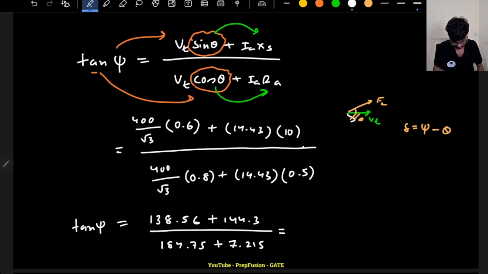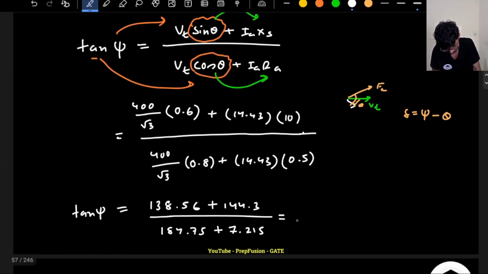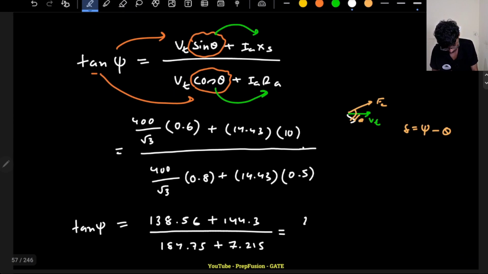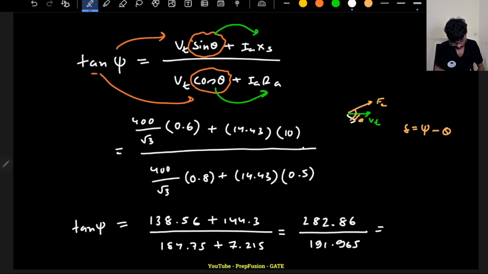So this value comes out to be 282.86 divided by 191.965. Now if I take the ratio of these two and take the tan inverse, it will be